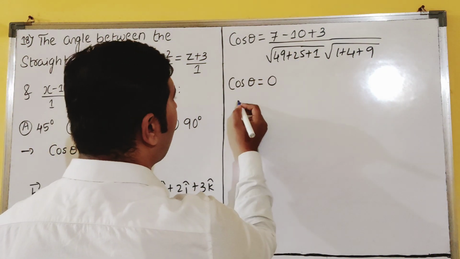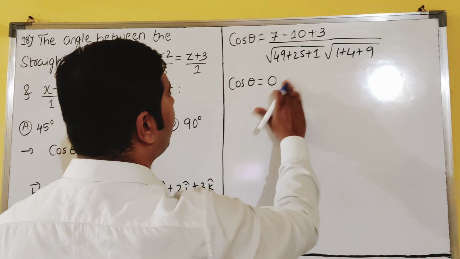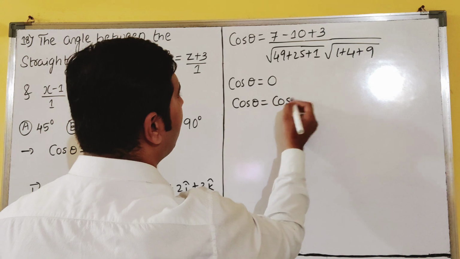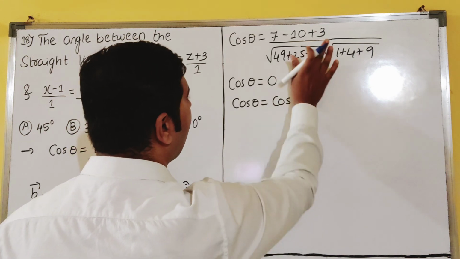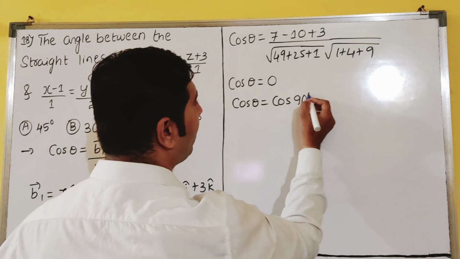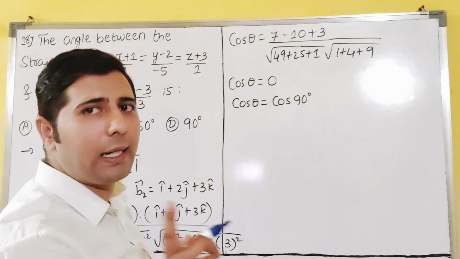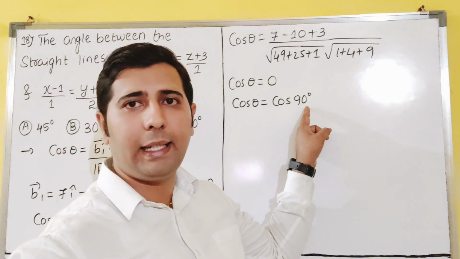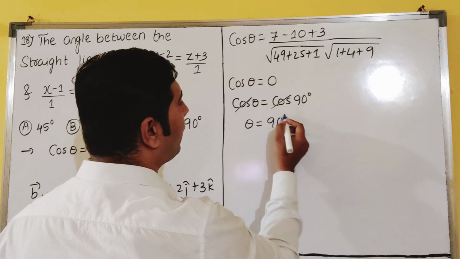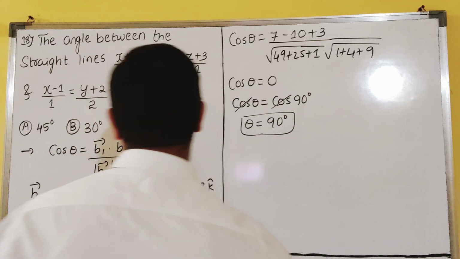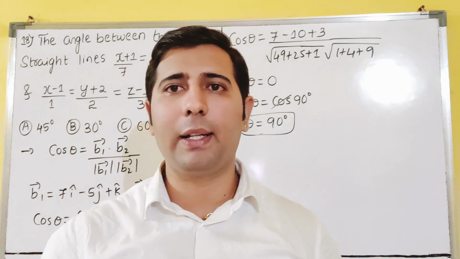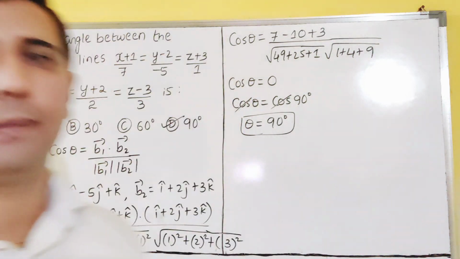So when does cos become 0? In which angle will it become 0, dear students? Cos 0, everyone knows, which you have learned in 10th standard. When the angle is cos 90 degrees, it becomes 0. So here radian is not given, that's why I will use 90 only. Cos 90 is 0, children. So theta will become 90 degrees, dear students. So what is your answer? That is D, dear students. D for Delhi. Delhi is our required answer. Please copy this. We'll go for the next question.